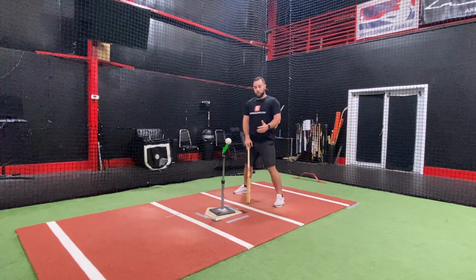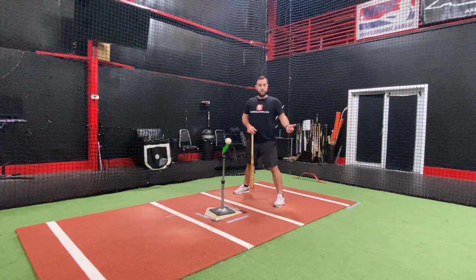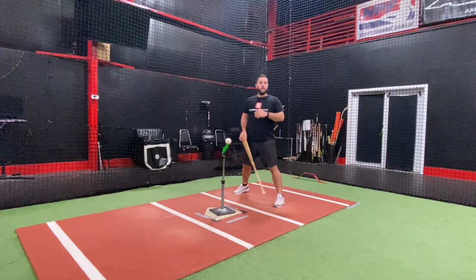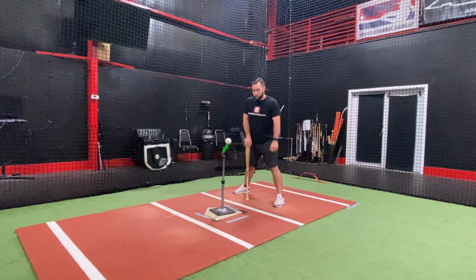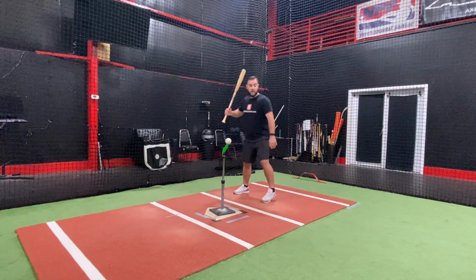Whether it's because they've been told to get it deep or stay to the opposite field, whatever it is, I don't mind them hitting the opposite field. But when we sideswipe the ball because it's so deep, it's not being hit very hard and doesn't have a good chance for success. The other thing they do, which can create some bad habits, is instead of letting the ball get deep on them and filleting it to right field,